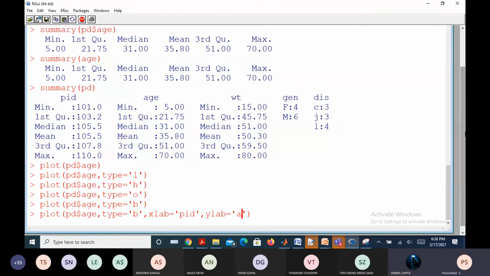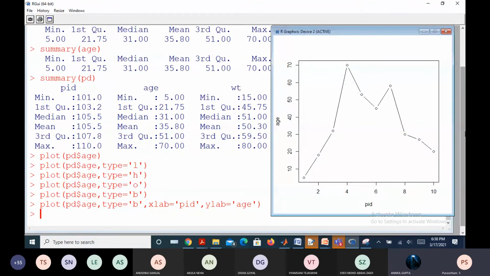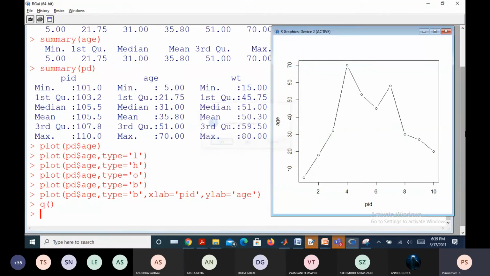Is it showing the age of the patient? Right? Yes, sir. Let us look at it: is your horizontal axis labeled PID, patient ID? Is your Y-axis labeled as age? It is displaying as age. Yes, sir. So do you want to title this figure? Add some title to this figure. Yes, sir. Then how do I add that?